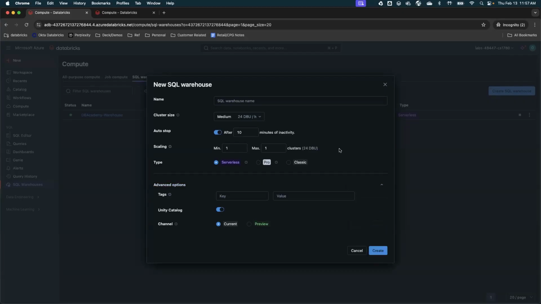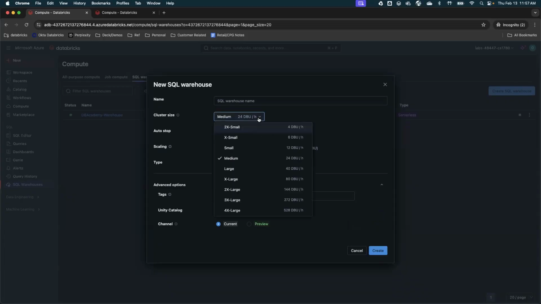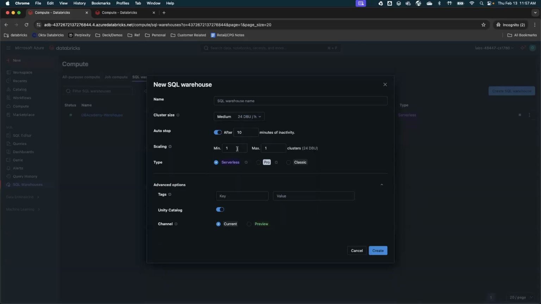No, so serverless will automatically scale. It will not resize. So let me give you an example. If you are running a 2x small instance, to start with, it will always scale from the minimum amount you choose.